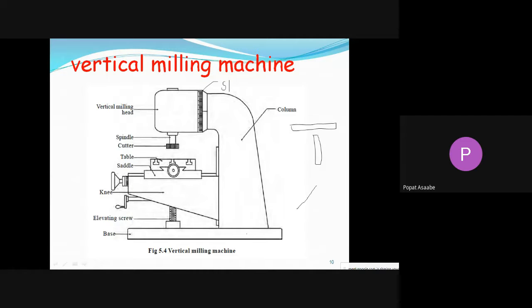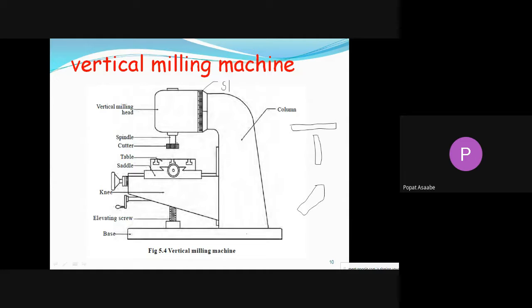For such an operation, we can rotate this milling head to a particular angle, using the scale provided, for any type of milling operation. So remember, the vertical milling head can be rotated at any angle, and this is the scale provided.